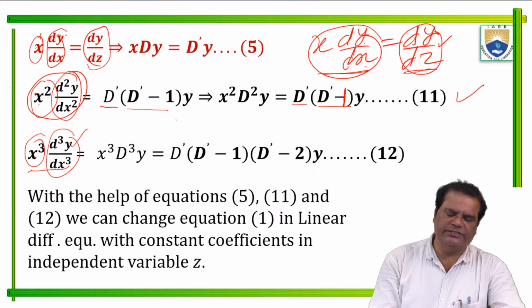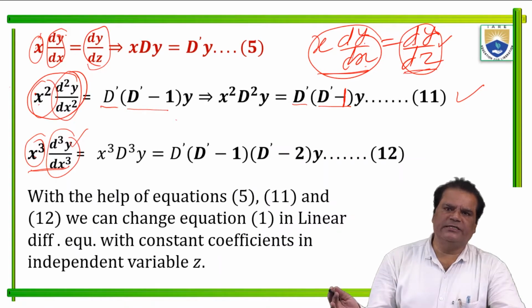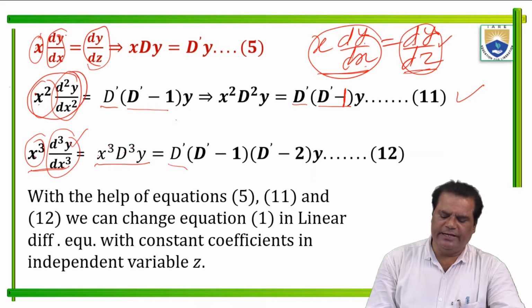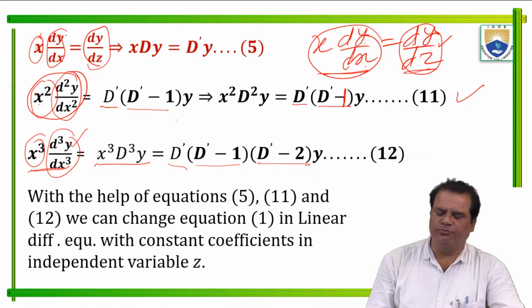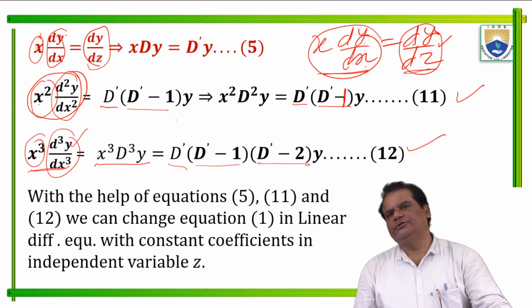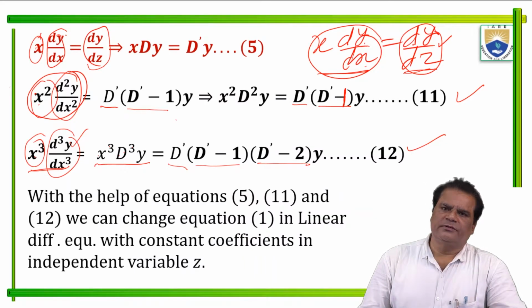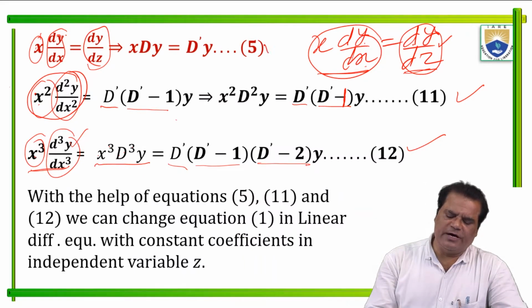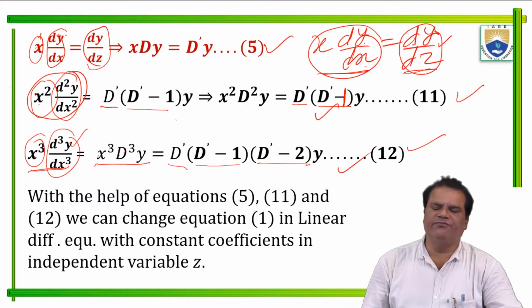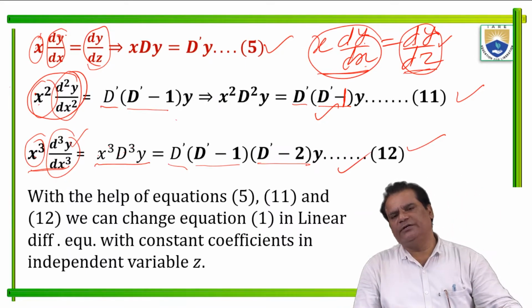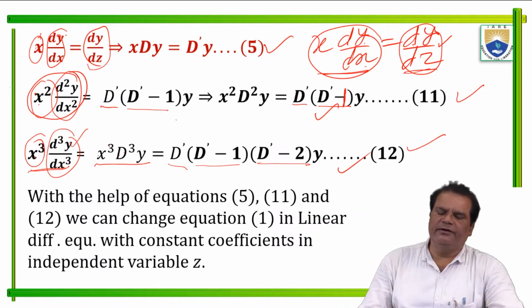So this is the homogeneous term. This is converted to constant coefficient. So x cube d cube, the third derivative, here x cube d cube equals D' (D' minus 1)(D' minus 2). So basically we are using only these 3 formulas, not 4. After applying these 3 formulas in our given question, our question is converted into a linear differential